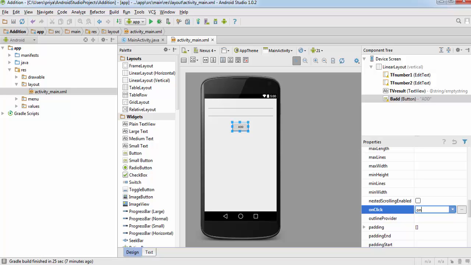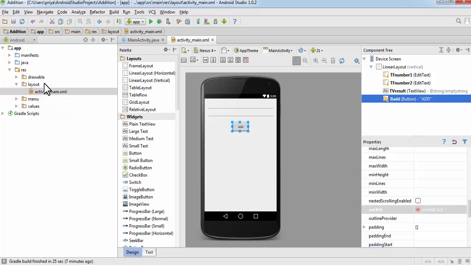You can write anything, onAddClick or onButtonClick, onClick only. And now our layout is done.